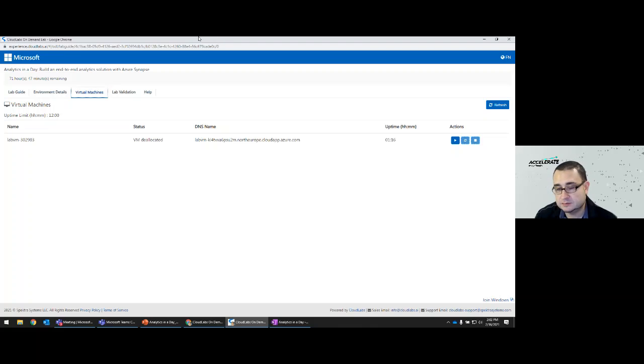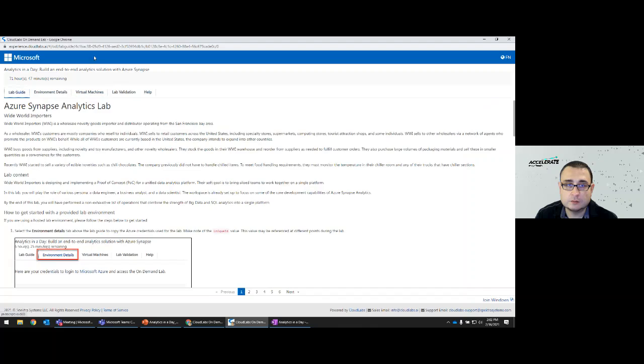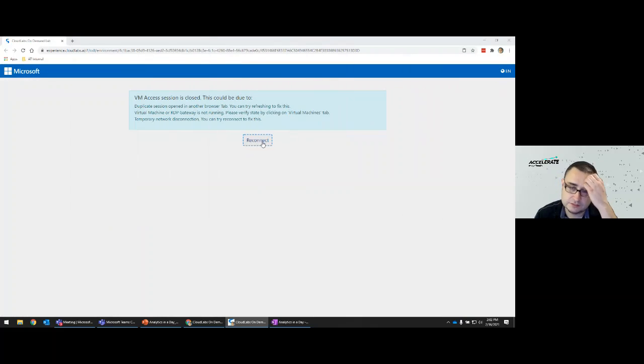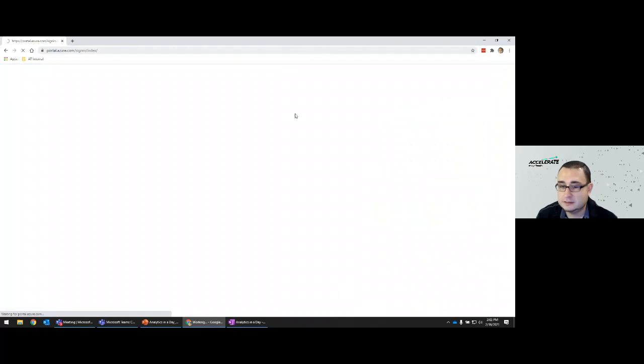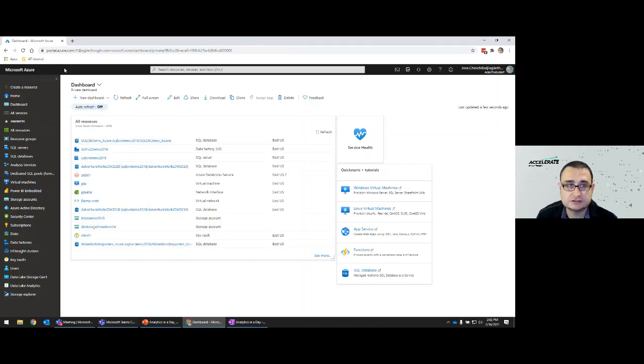So you can use that virtual machine to log in and launch the Azure portal from there, and then also launch Azure Synapse Studio from a web browser within that virtual machine. So you don't need this, but if you need it, it's there. You need to turn it on, and then once you turn it on, you'll be able to connect to it and remote desktop into that virtual machine.